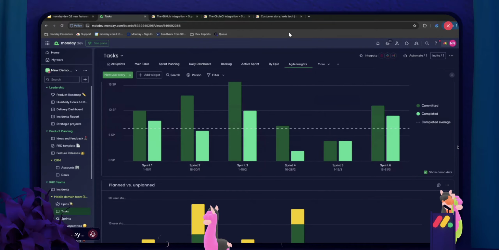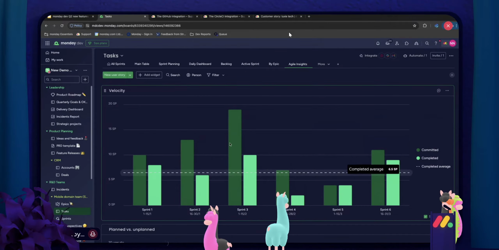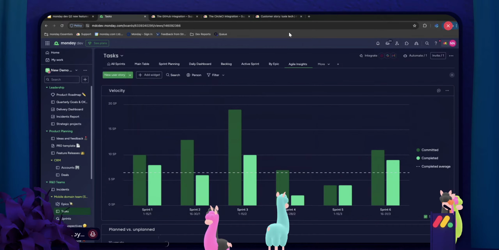Awesome. So Agile Insights, we have a velocity chart where we can see sprint over sprint. And by the way, this requires no customization. All you have to do is add the velocity widget to your board view, and automatically it takes from the sprints that you've been working on. It shows you committed versus completed work over time, or over sprint, so you can see how much work was actually done based on how much you said you were going to do,